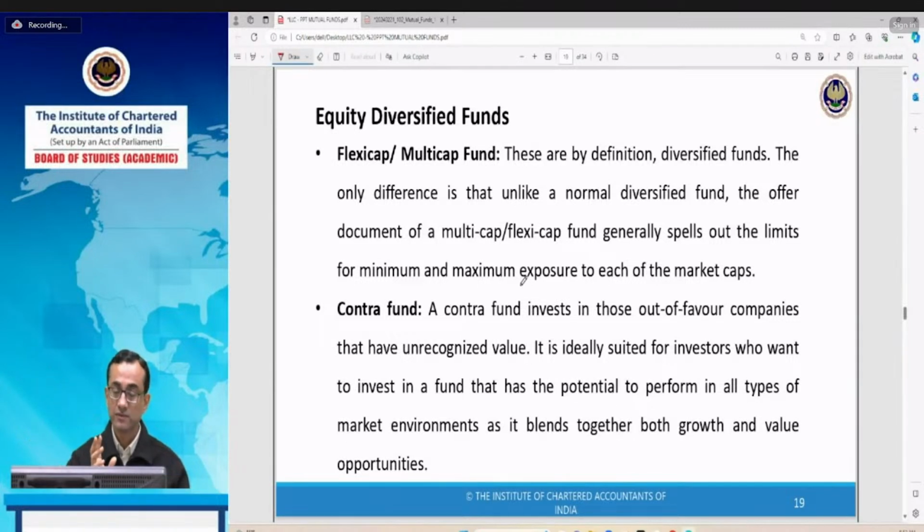So the contra fund manager picks those companies which have potential for high growth in future. The purpose is to invest at a low price today and encash it when the prices are higher, because growth opportunities are higher in future. The mutual fund managers think that these companies will do well, so they invest at present at low value and then encash when the NAV or the prices increase in future.